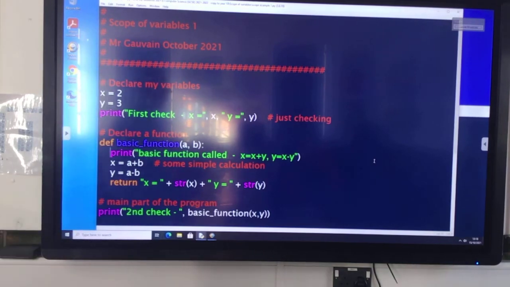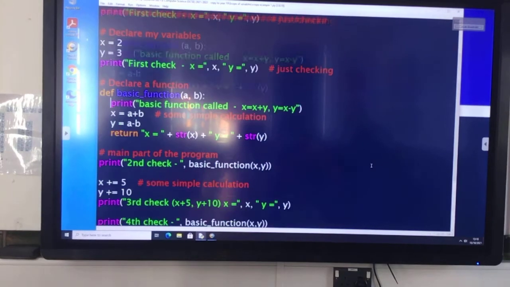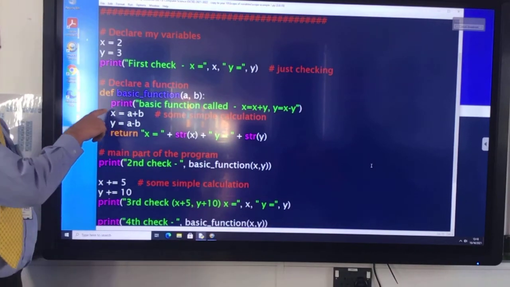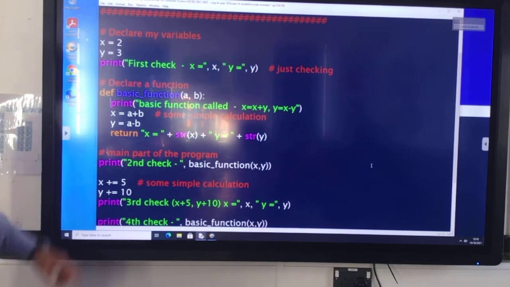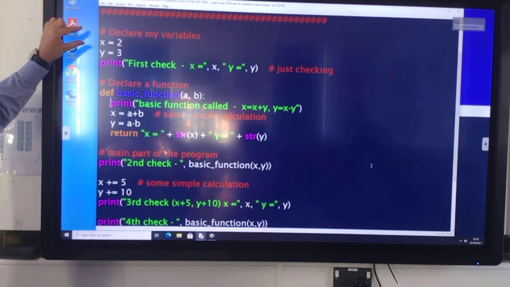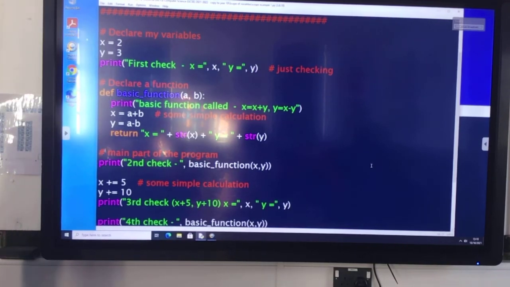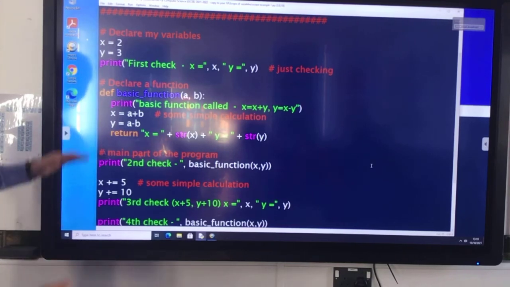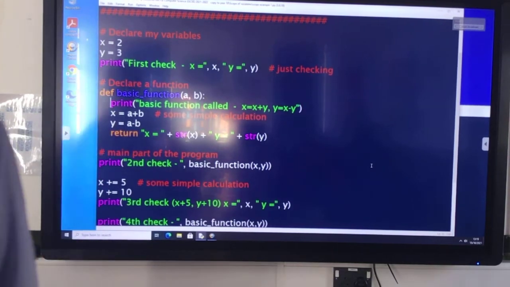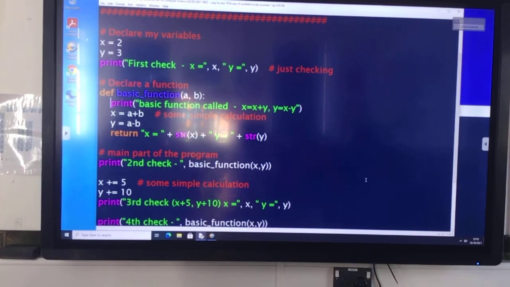We've got a function, and notice how in my function I'm creating two variables, and I purposely give them the same name as the variables that exist within that module, within that Python file. And then we've got the main body of the program where we are changing the value of these variables. If I run this program,